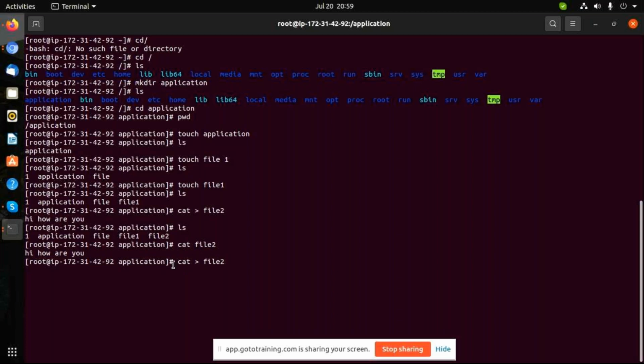I'm giving the same file name. Press enter, add different data, anything. Assume you run the cat command on an existing file like this. Control D.